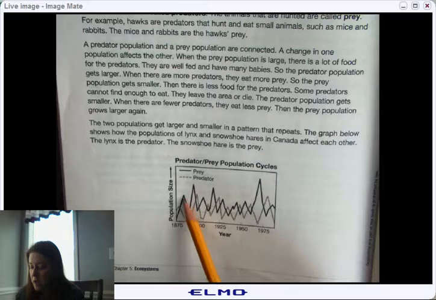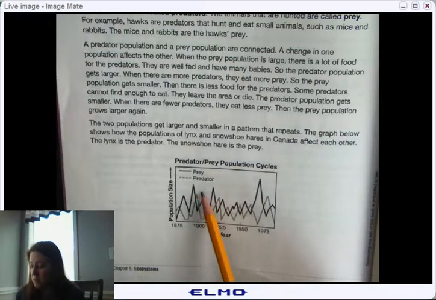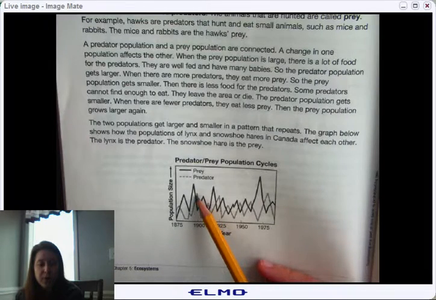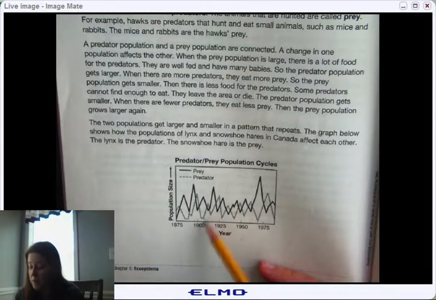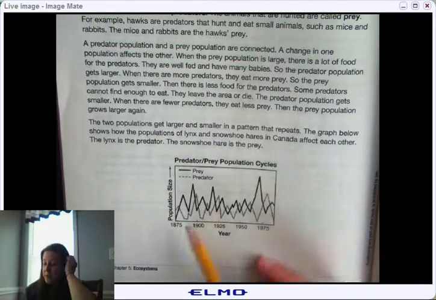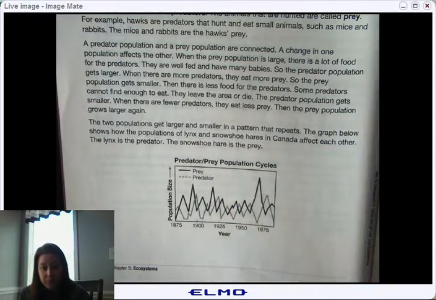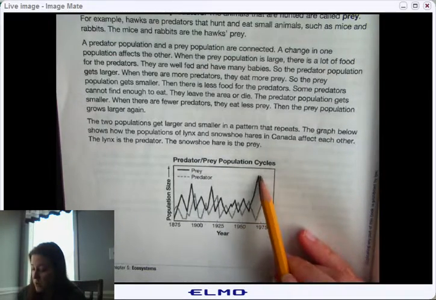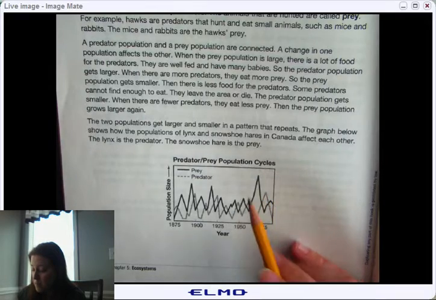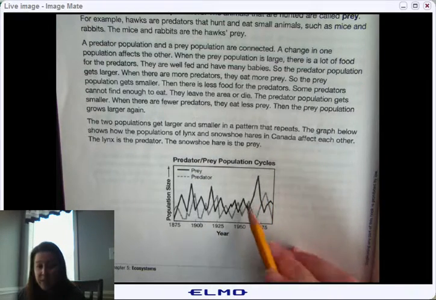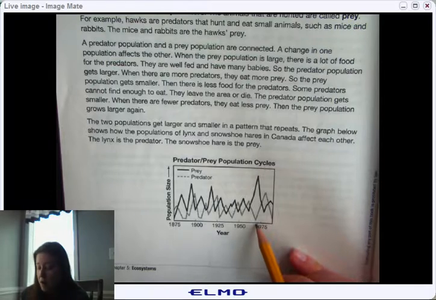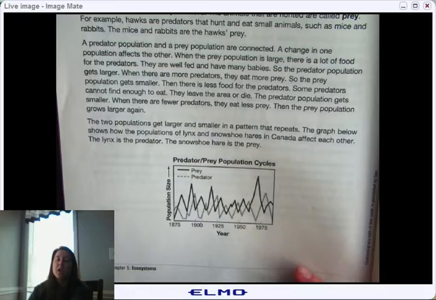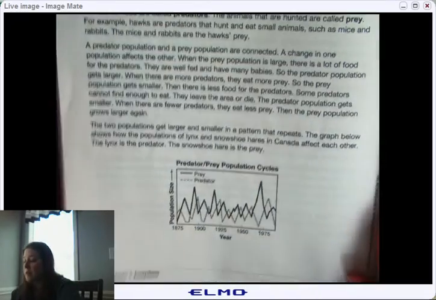So when one is low, the other is high, and when one gets low, the other will grow. If there's more prey, your predators are up. The less prey, your predators are down. You're going to think about it. I mean, if there's not a lot of food, something's going to happen. And you'll notice the biggest spike here. There was a lot of prey, and during a good, significant time the predators were down. And then all of a sudden the predators picked up and we saw a massive decline in our prey. So they correspond to one another.